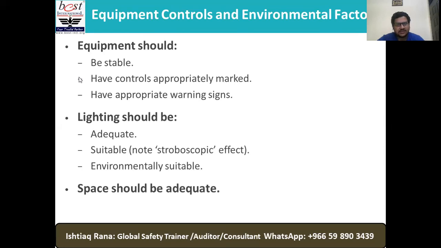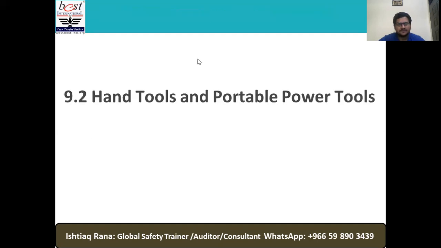Lighting should be adequate and suitable, with no stroboscopic effect or environmental unsuitability, and also space should be adequate. That is equipment controls and environmental factors. So that was